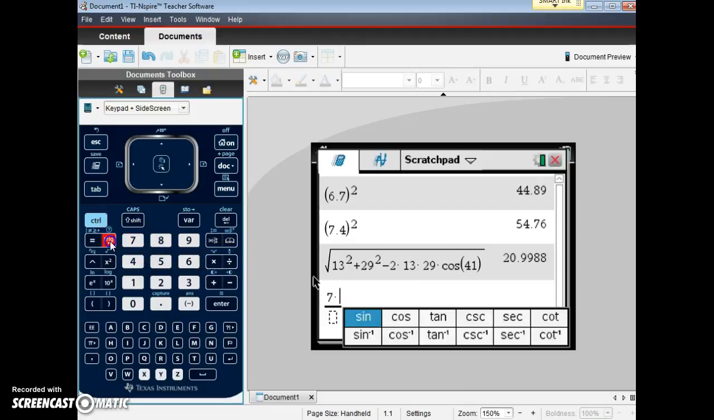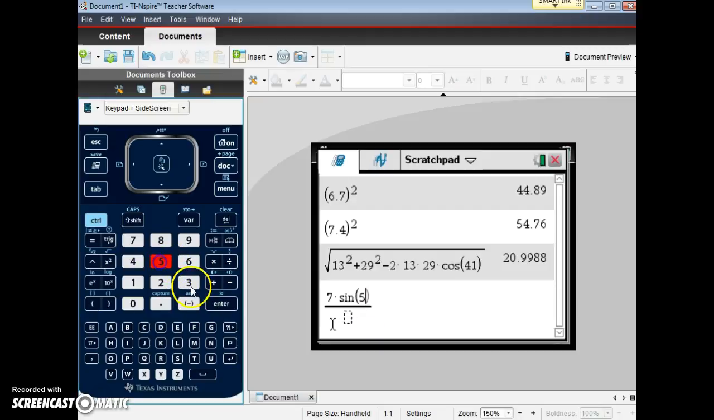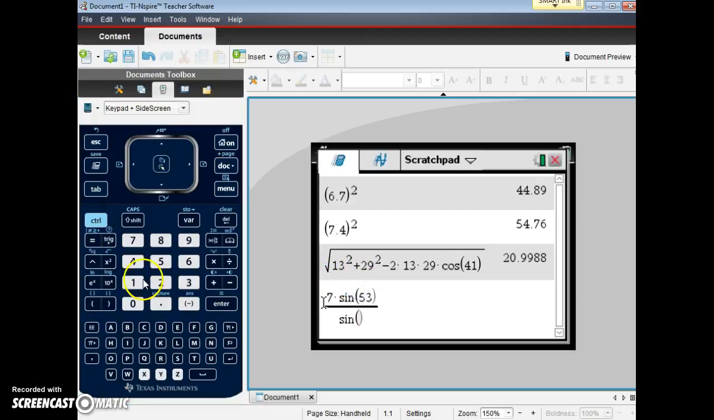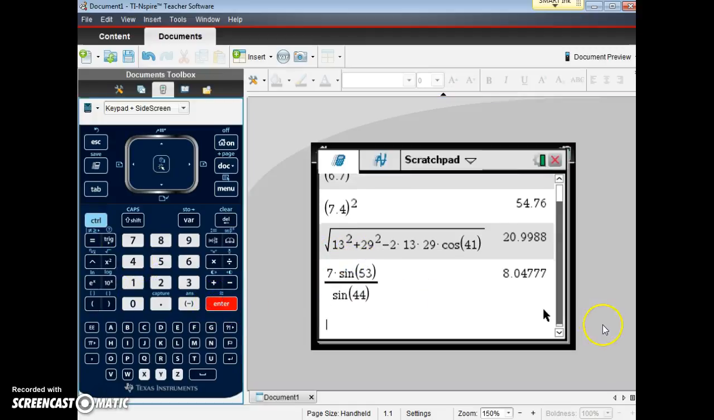7 times sine of 53, and in the denominator I've got sine 44. That gives 8.04, and again rounded to the tenth place, that's going to be about